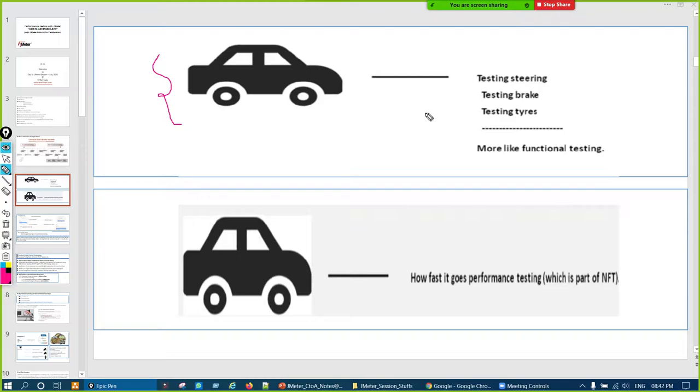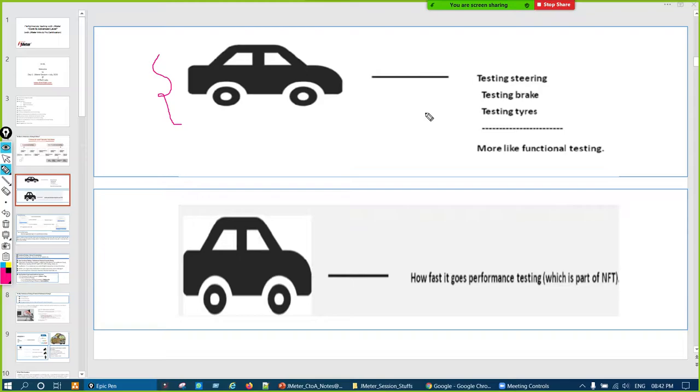In performance, what will happen is, how efficient is that car, meaning fuel efficiency, we can say, how much it gives in 1 liter. Then the engine efficiency, right? If it is going on a very long drive, in how much time is the engine getting heated? All these things will be categorized in non-functional testing or performance testing, right?